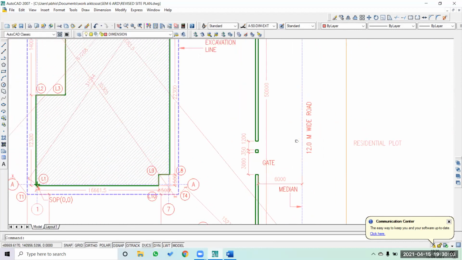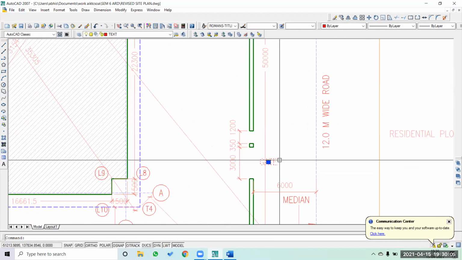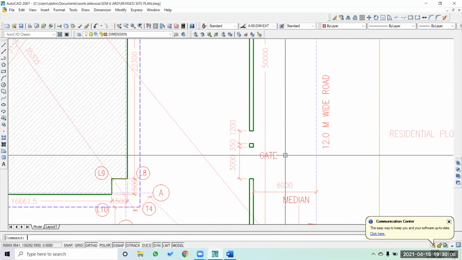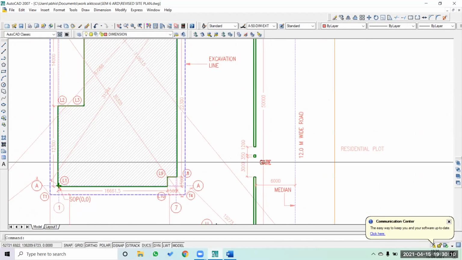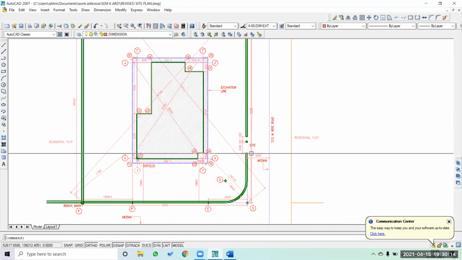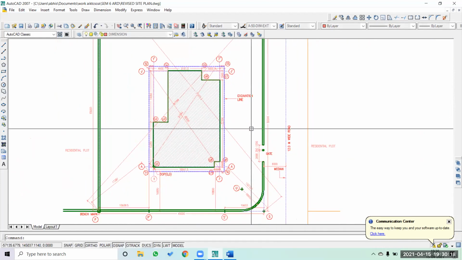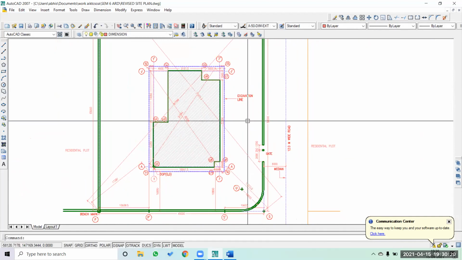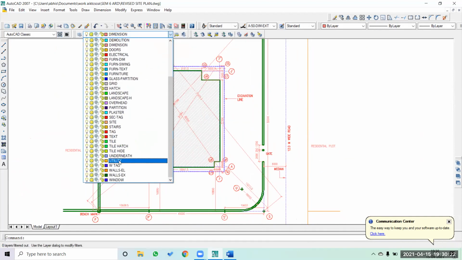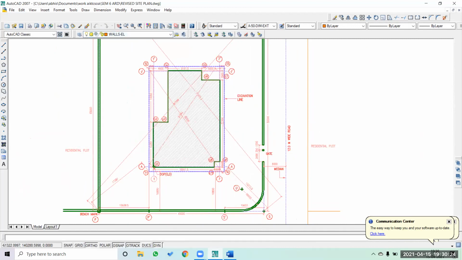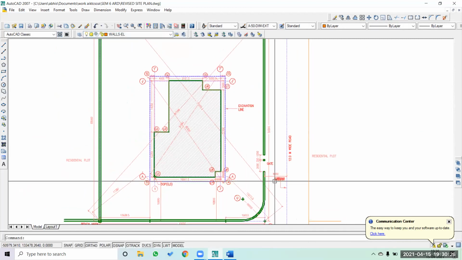Okay, so that completes the particular information which we wanted to give. You can create arrows here to indicate this as a gate. So this is the only puncture which we are going to have. So what I'm going to do is start creating this particular stage, which is very important right now, because I'm going to start creating a few